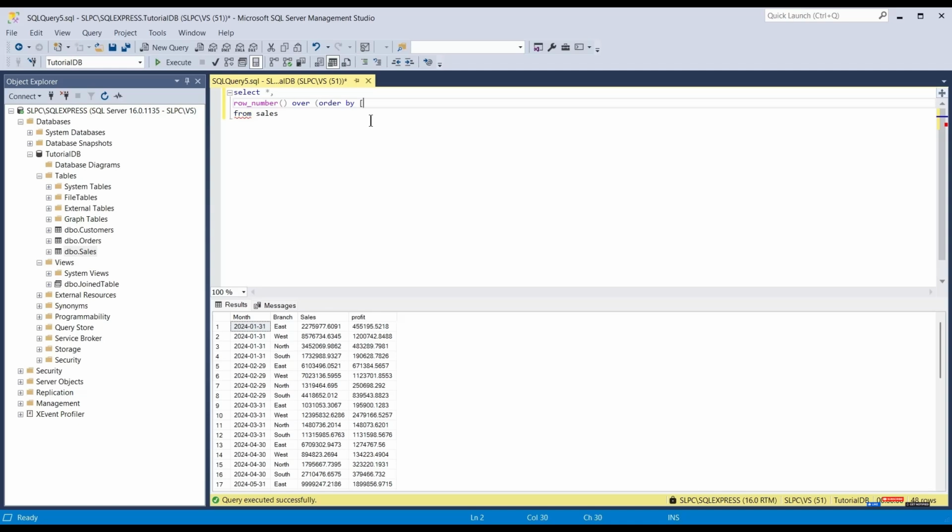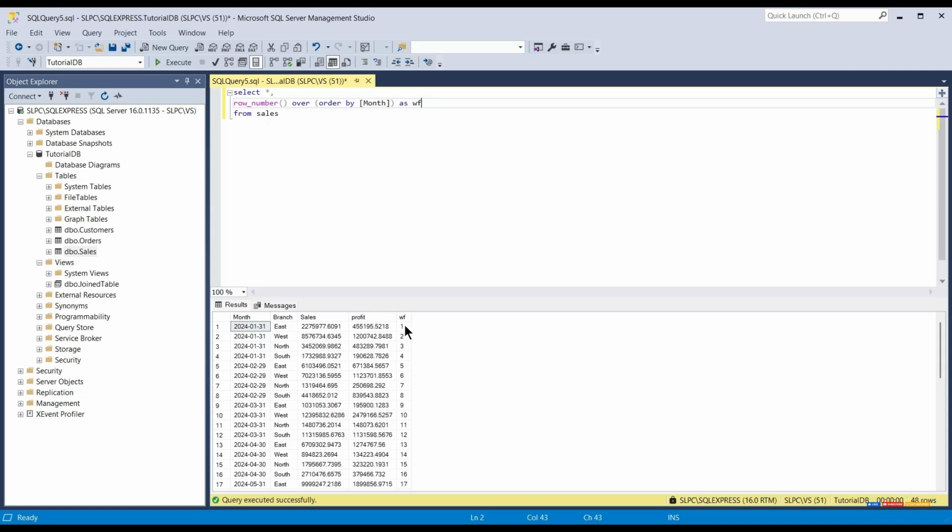So we will use the word month, and then we will close the bracket, and then we will give this new column a name as window function. So we have just named it WF, and you can name it anything. If we click on the execute button, this will add a new column named WF,